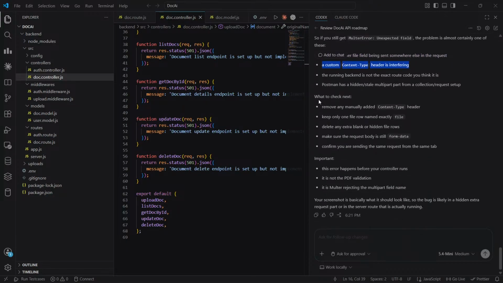Remove any manually added content type header, check in the code, and if there is anything, fix that.